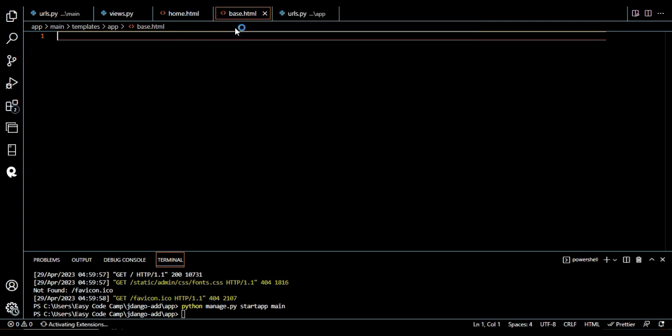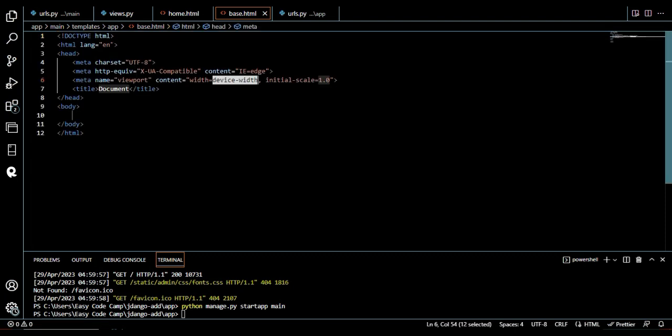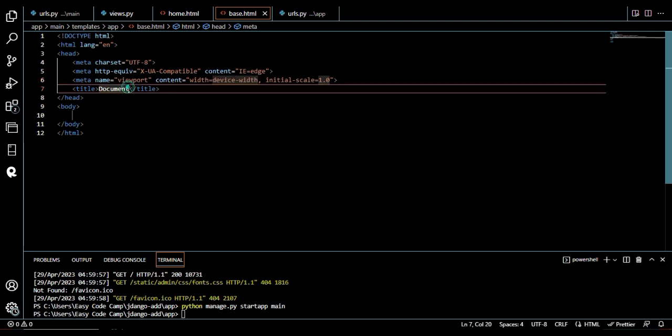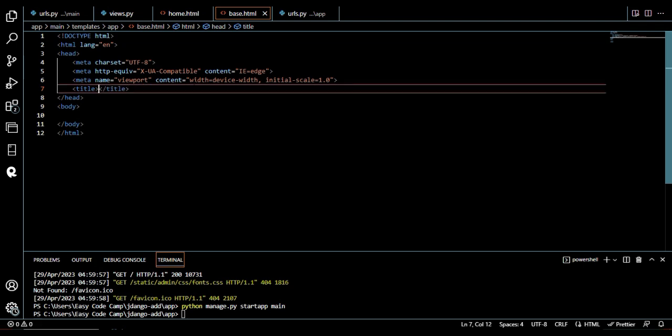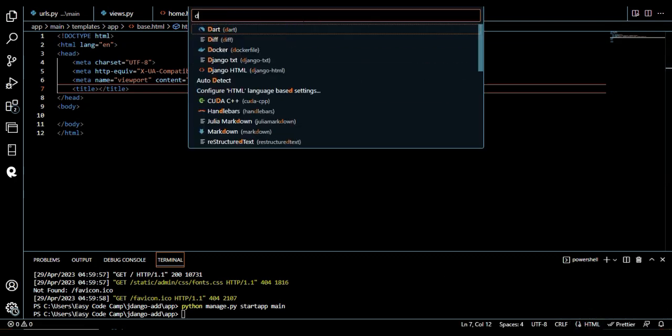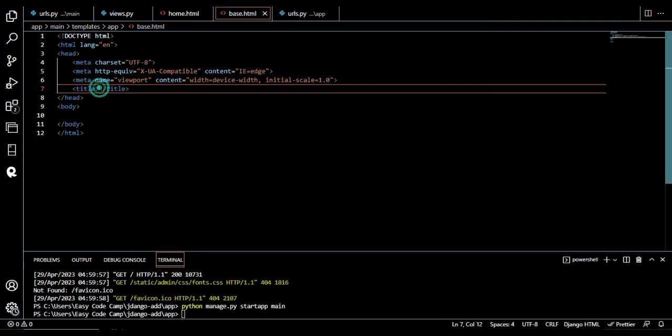So in the explanation side we can write this one right here. We should select the title of our application. For this one, if we write down right here, for example, we can write blog. So we should change to a Django file. For this one, we can write down blog